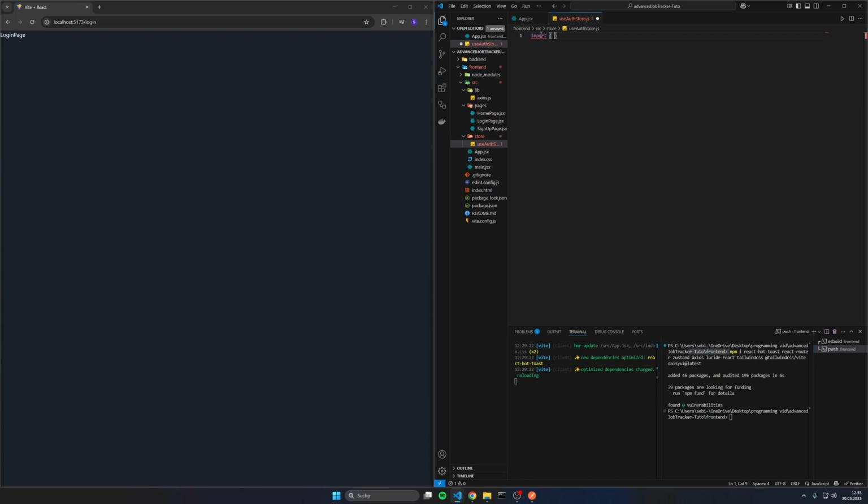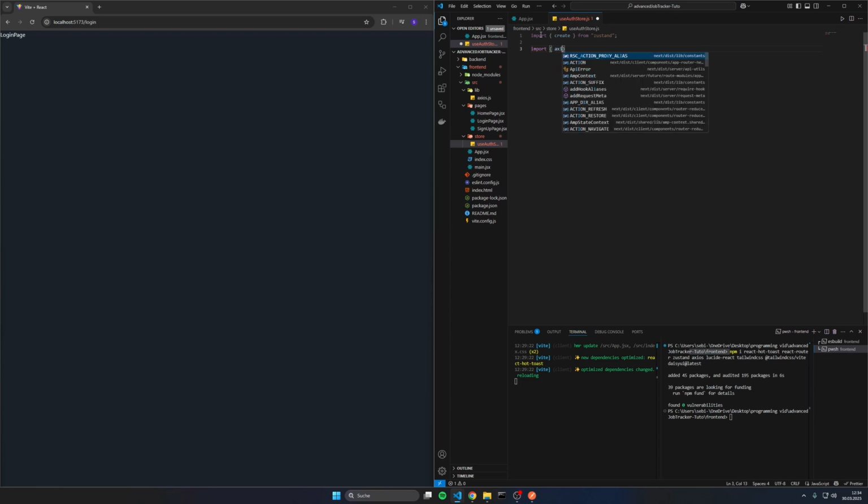So we are importing create from zustand, and we are also importing our axiosInstance from /lib/axios,